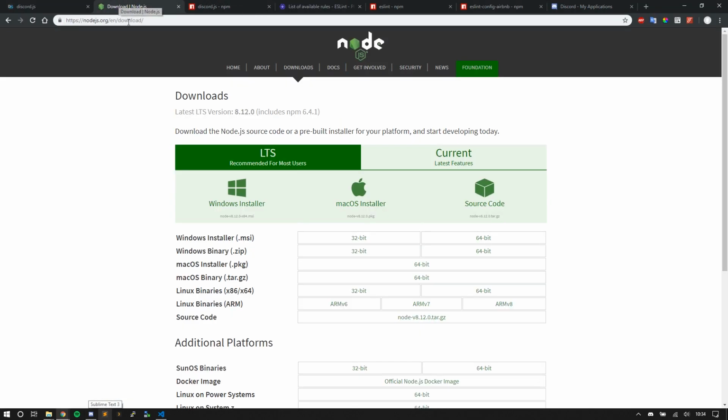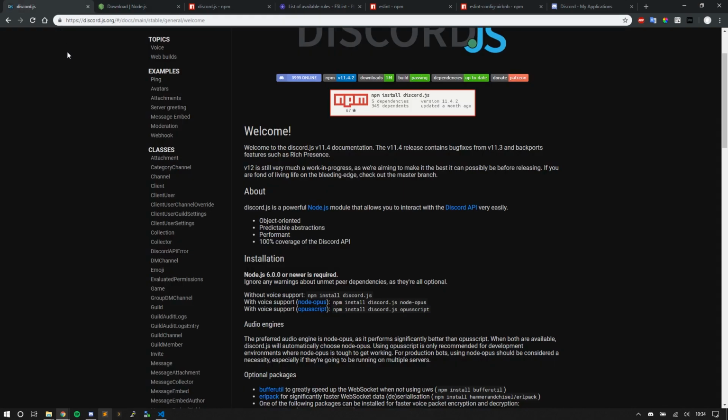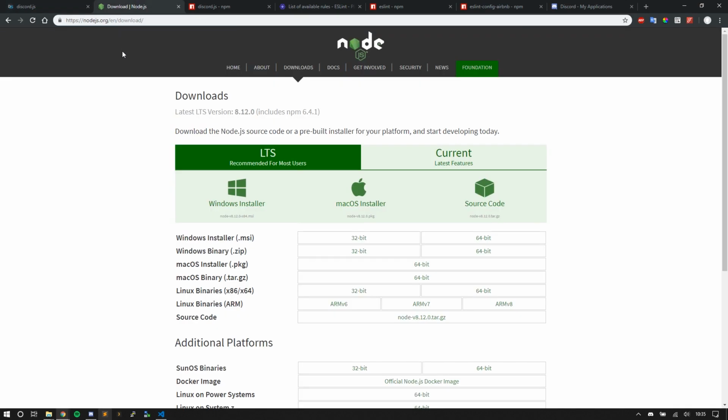Back to here, you're going to go ahead and install Node. And right now we're not going to talk about voice support, so you do not need these extra modules. But if in the future I do something with voice like a YouTube music bot, or whatever, then I'll probably install this. But right now, for starters, you don't need this. Another prerequisite that you might want to install off the bat is Windows build tools.